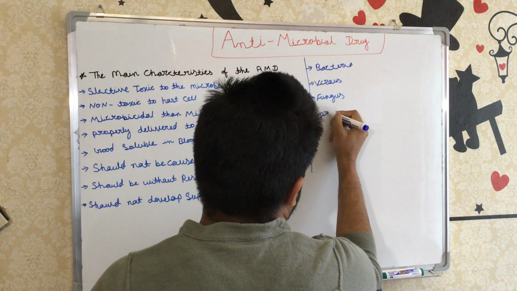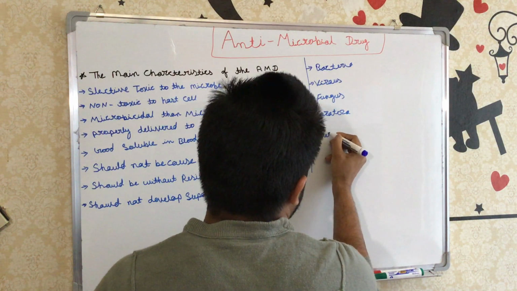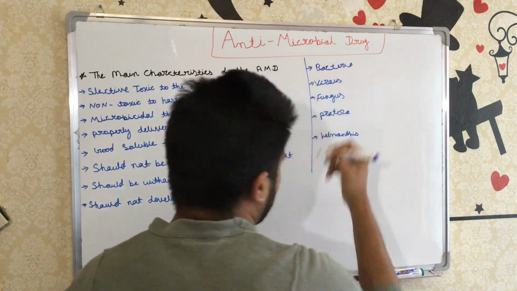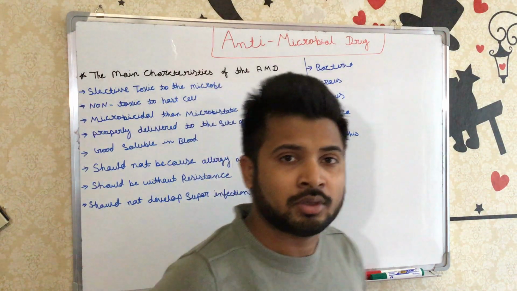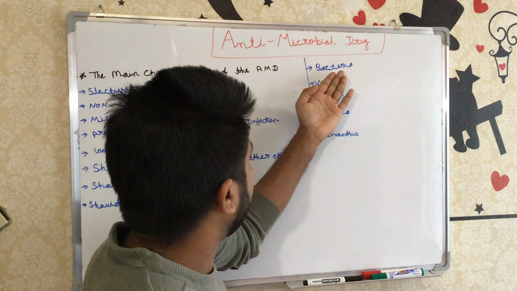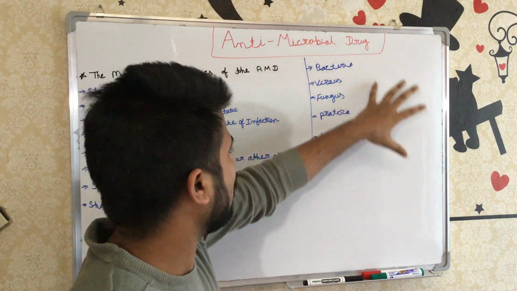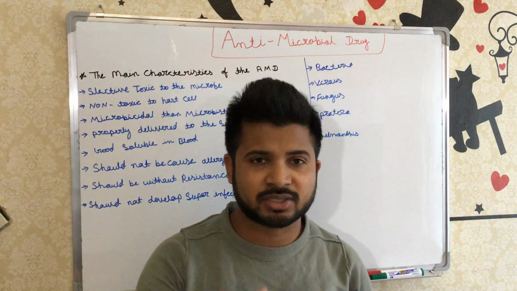Then protozoa and helminthes, or we can also say parasite. So bacteria, virus, fungus, protozoa and helminthes, if the drug kills any of these five,